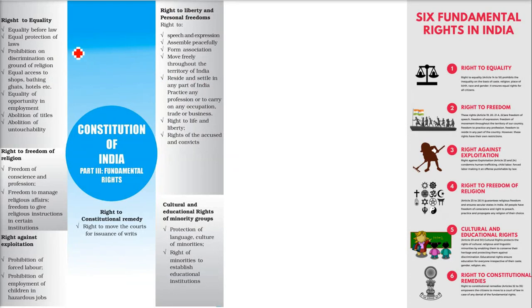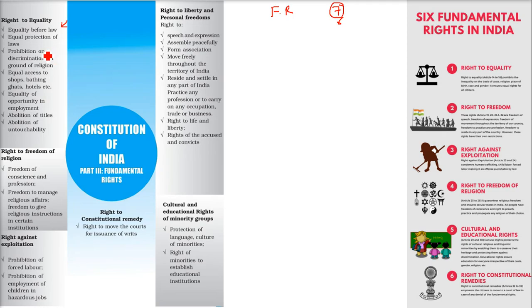Now let me tell you about the different fundamental rights we have. Fundamental rights in India. So there were 7 initially, but now there are 6. The right to property is now a Qanun, it's a law. So right to equality means that everyone, Raja or Rank, anyone who is a president or a normal man, is equal before law and gets equal protection from the law. And there is no space for discrimination.